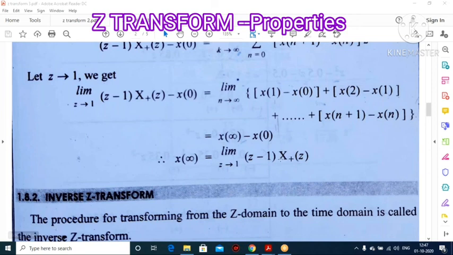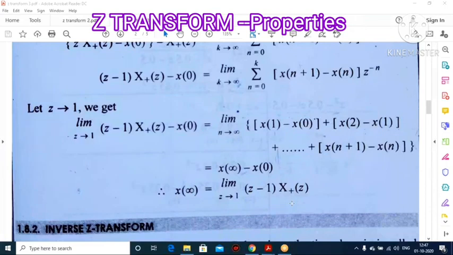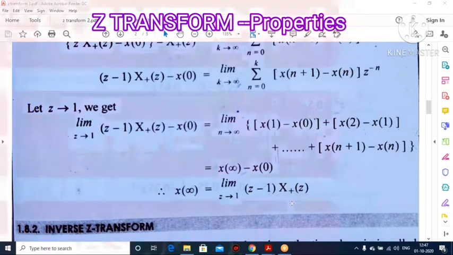So with this I conclude my topic. So far we have discussed the 9 different properties of the Z transform. If you have any doubt,